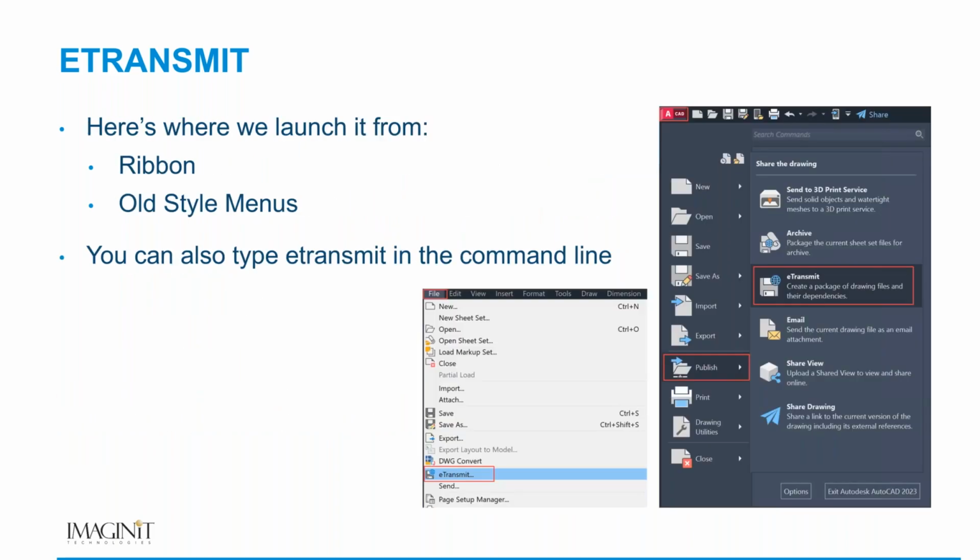So here's where we launch it from. We go into the ribbon and click on the red A, go down to Publish, and then click on eTransmit. If you have the old style drop-down menu,